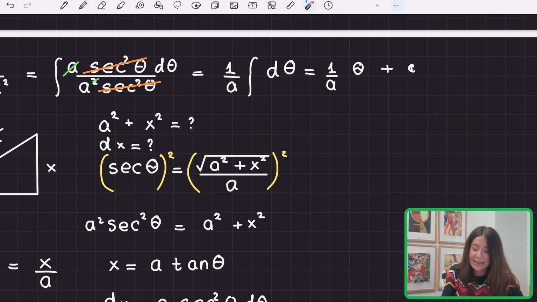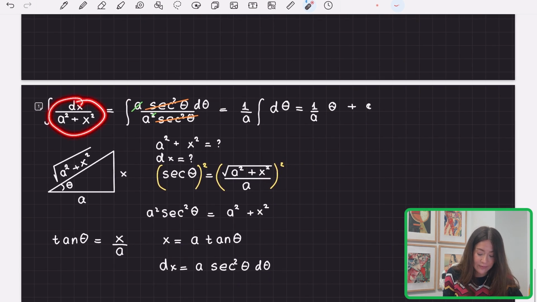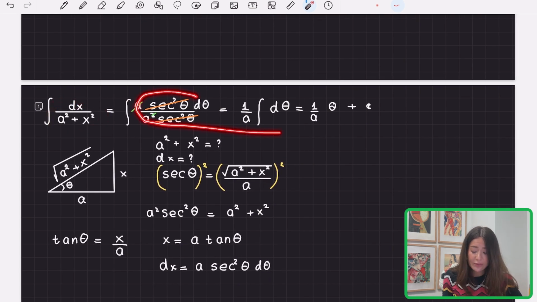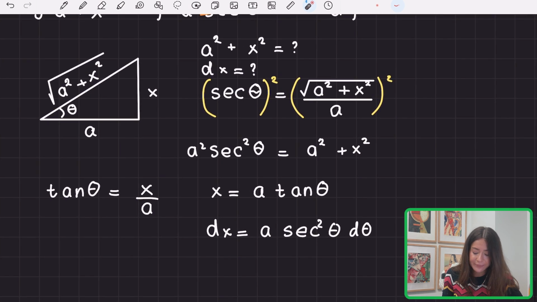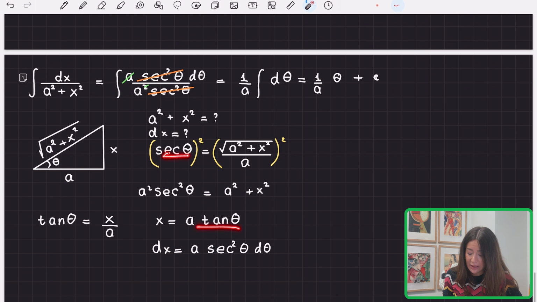By the way, if you notice, this is where the 1 over a comes in the formula for this integral in your basic rules of integration. The last step left to do is to now do the reverse, get rid of theta and express everything in terms of x, because we were asked a question in terms of x, even though we chose to solve it using thetas. The final answer needs to be expressed in terms of x, and that's easy enough because as soon as I have any trig function expressed, then here I have secant, I have all of these, so I can just choose,